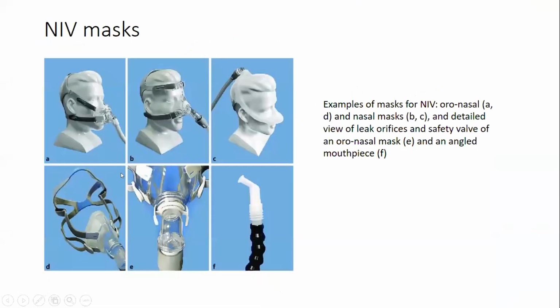These are the different types of the NIV masks. And for the purpose of managing COVID, the two important ones are the nasal and the oral nasal, the ones that cover the nose and mouth, and then the nose alone. The one for the nose alone is used mostly for COPD and sleep apnea. And remember, a good number of our COVID patients may also have COPD as an underlying condition. So they can continue to use that. A number of them also do use angled mouthpieces